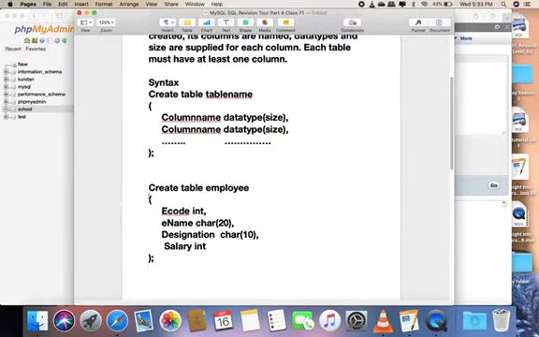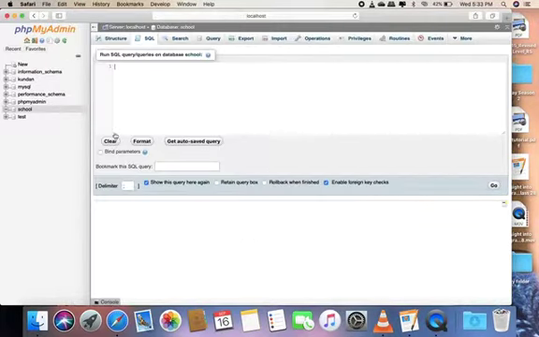So now we learn how we can create a table in MySQL. First we start MySQL, then here I write the command create table employee. First I use ecode, and ecode is integer. Then ename is a character, size is 20.